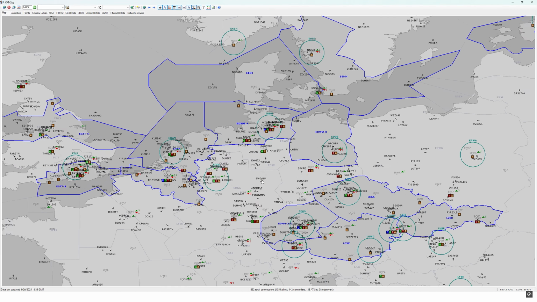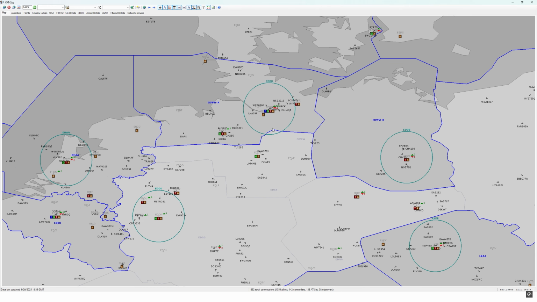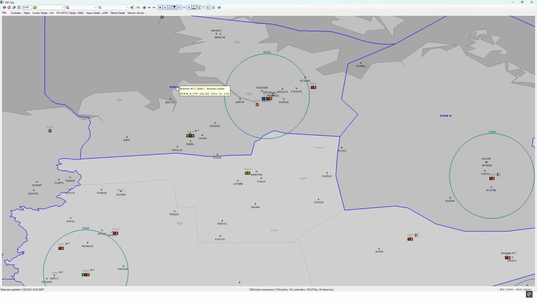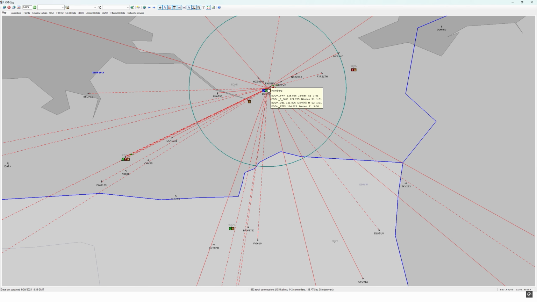And I will give you an example that has them all online for the moment, which is here in the north of, what is this? Is Poland? Germany. Well, as you can see, this airport here, EDDH, which is Hamburg, has delivery, ground, tower available. So the lowest level, delivery, you can see the frequency here is 121.805. Then you have ground at 121.705. And then you have tower at